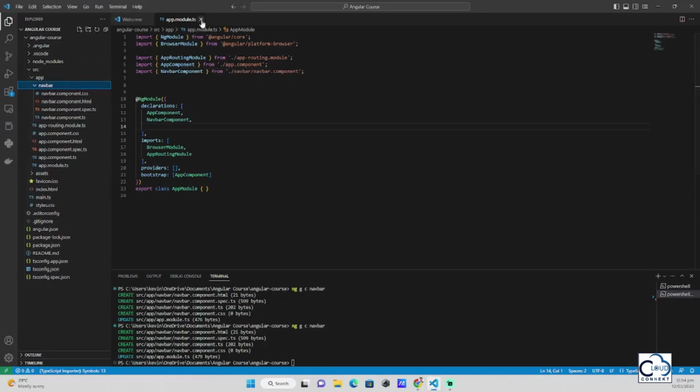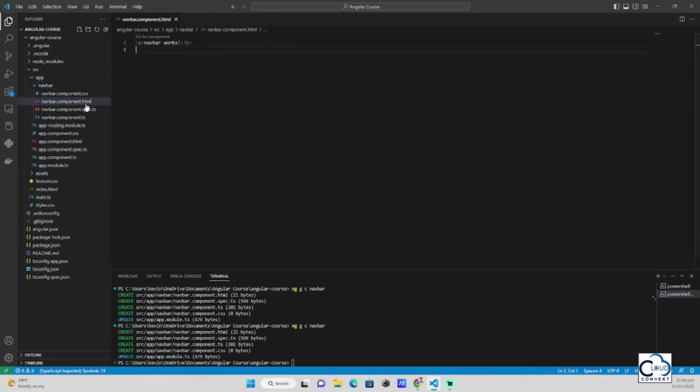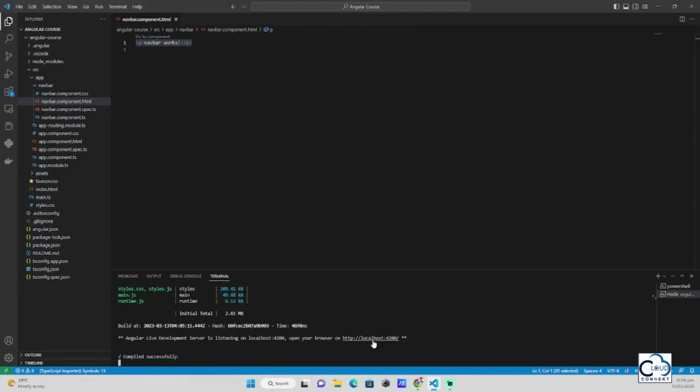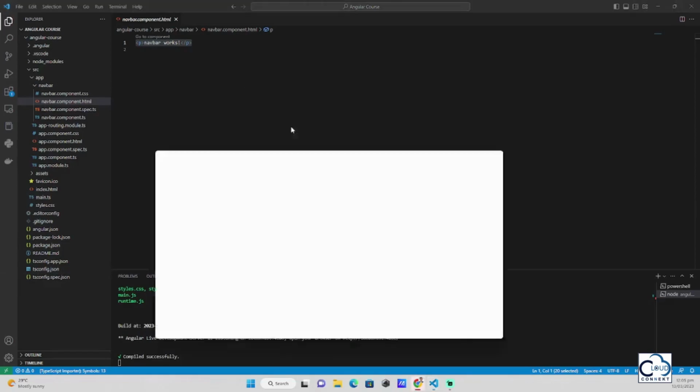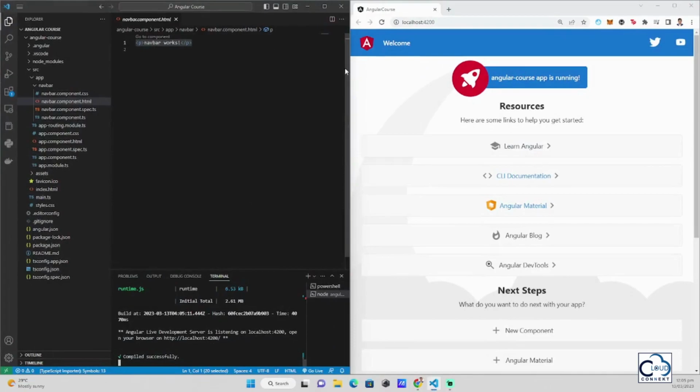There you go. After generating a component, as you can see, by default the generated navbar has this text, navbar works. And if we run the server with ng serve, just wait for a bit, and we follow this link, it's still going to redirect us to our default page, wherein what we expect is that